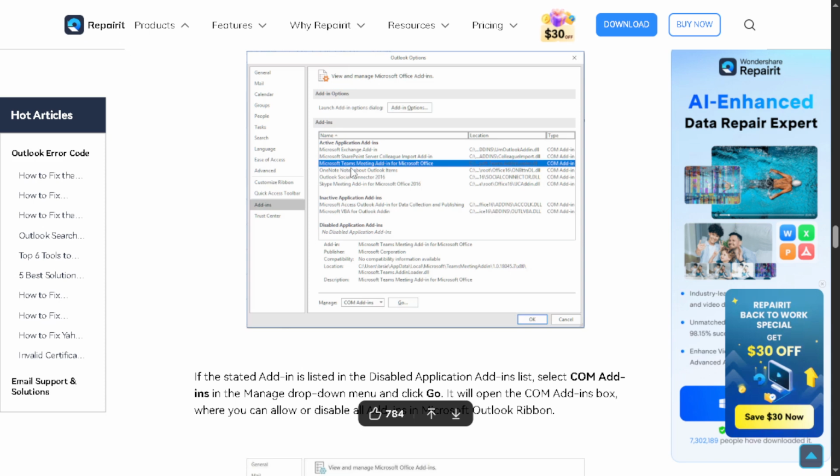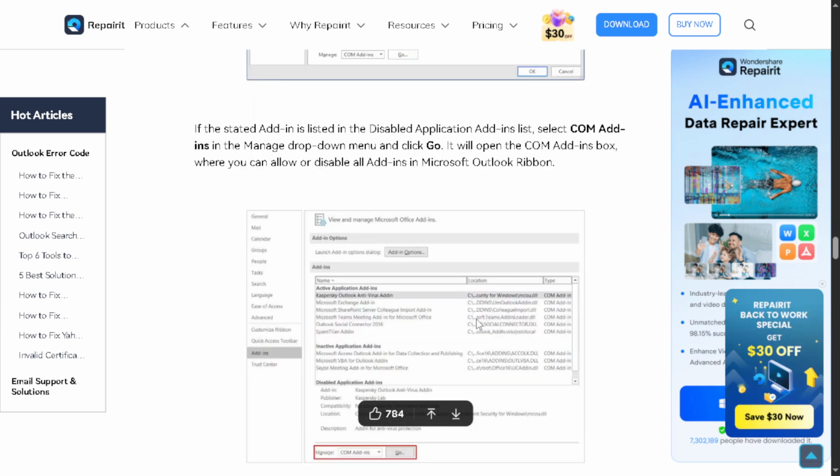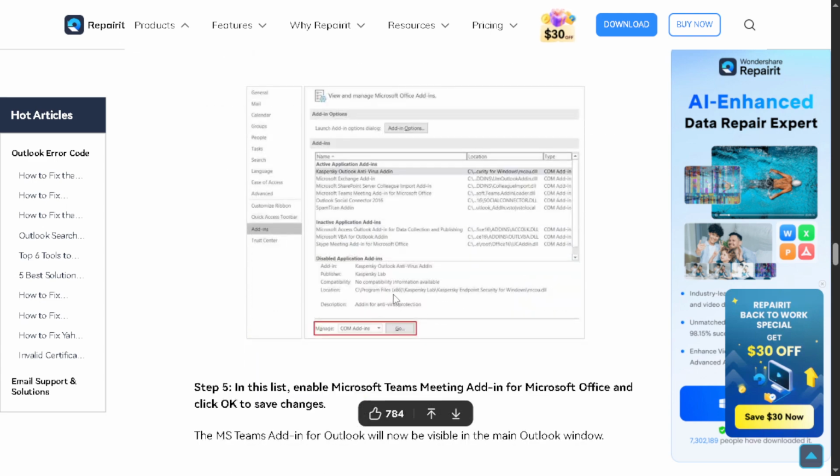A new window will appear with a list of available add-ins. Look for the Microsoft Teams meeting add-in. If you see it, make sure to check the box next to it, then click OK. This should enable it. If enabling it through the settings didn't work, there's a chance Outlook might have accidentally hard-blocked